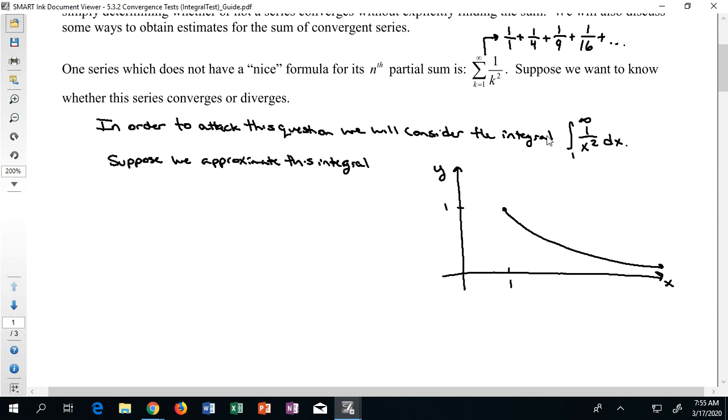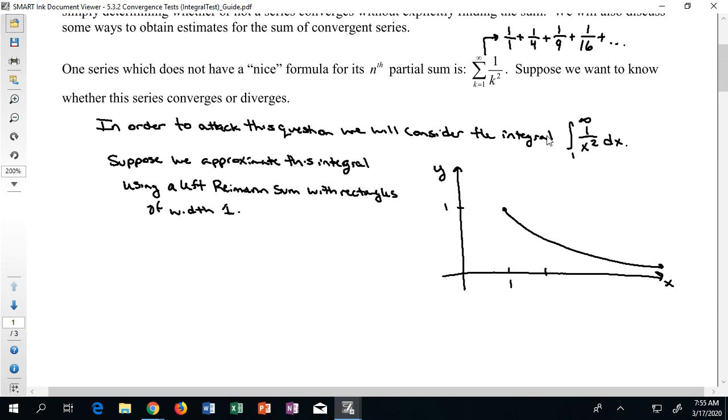Suppose we approximate this integral using a left Riemann sum with rectangles of width 1. Okay, so this is a weird thing to try to do, but I could maybe start to figure out